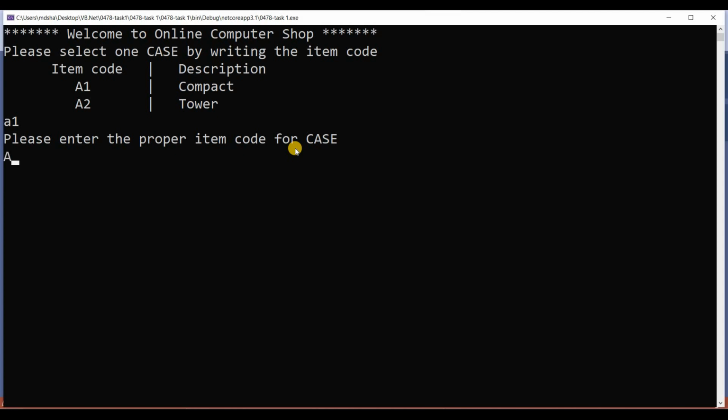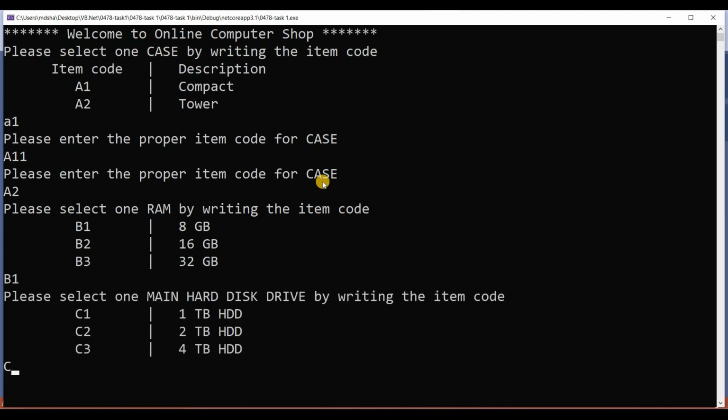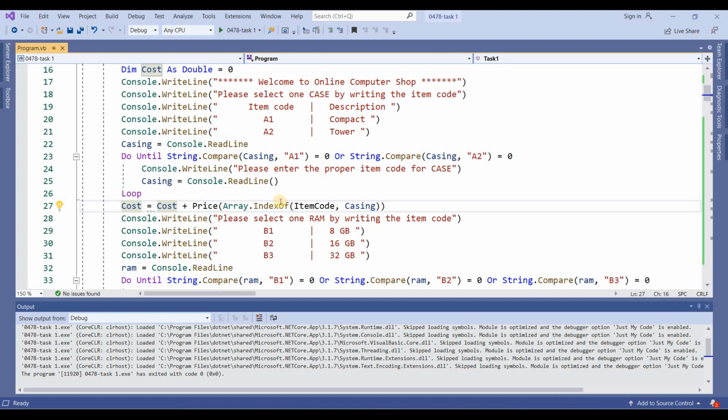If you enter capital A or 11, this will again ask you please enter the proper item code for case. If you enter A2, then it will move next. Okay, the same way I will select B1, suppose B1, B2, anyone. Okay, clear? It will add the cost into this variable.